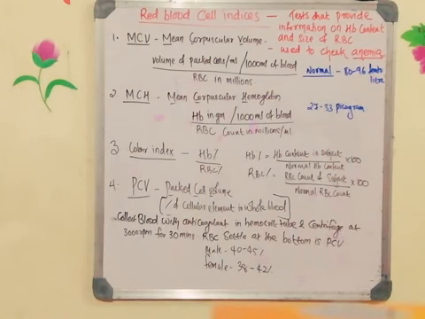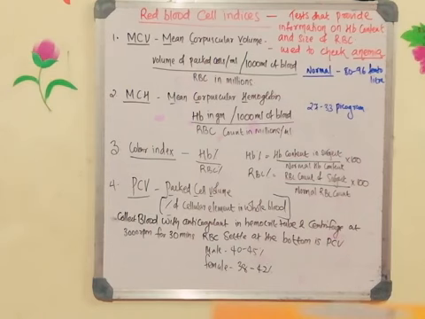When MCV increases, the cell is known as a macrocyte. Mean corpuscular volume, or the volume of RBC, increases whenever the size of the RBC is more. That we have seen yesterday, that is known as the macrocyte. Macrocytes are the cells which are larger than the normal size. So in the case of macrocytes, mean corpuscular volume will be more. Mean corpuscular volume decreases in the case of microcytes. Microcytes are the ones which have less size, or the size will be very small.